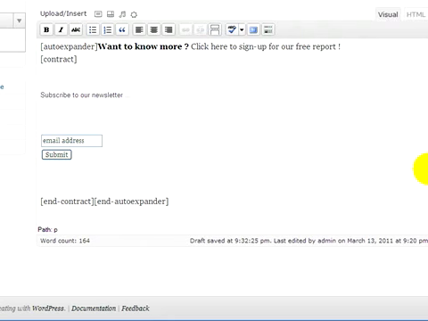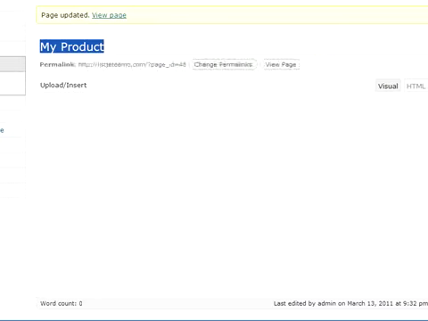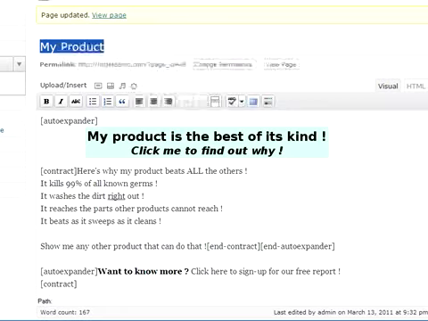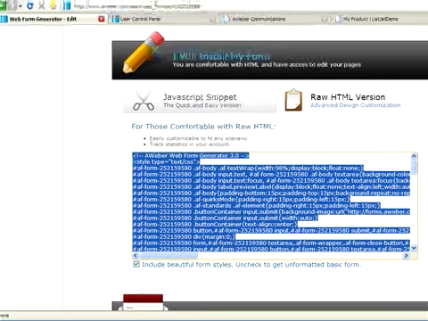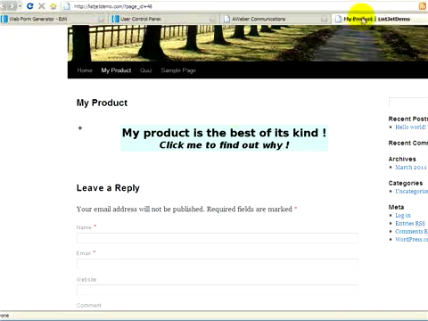There's probably a better way of doing an Aweber form in WordPress. I know that there's a plugin, but I'm just making some illustrations here. This is not necessarily the recommended way to do that kind of thing. However, I've now updated the page, and if I go back to my default view, which is here, and I refresh this page,